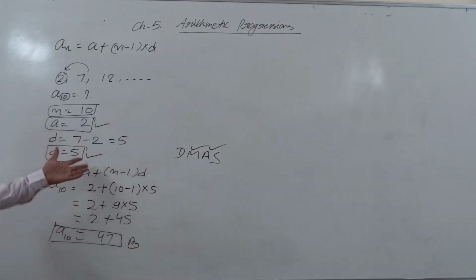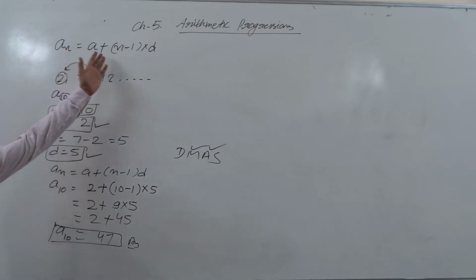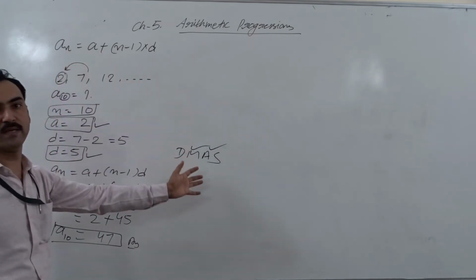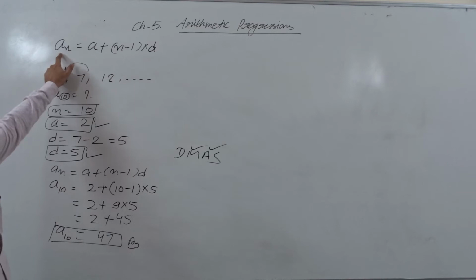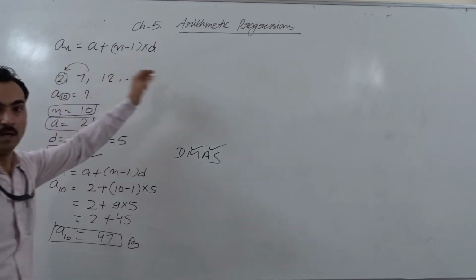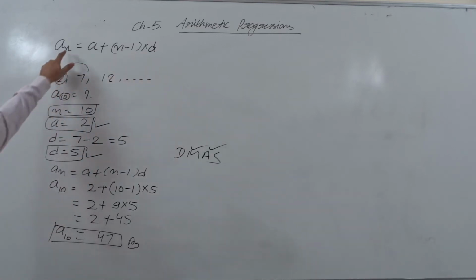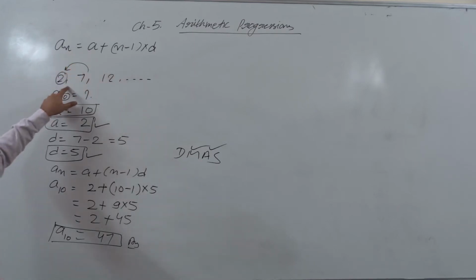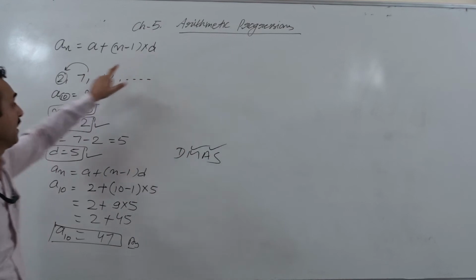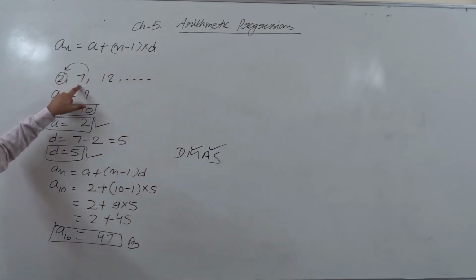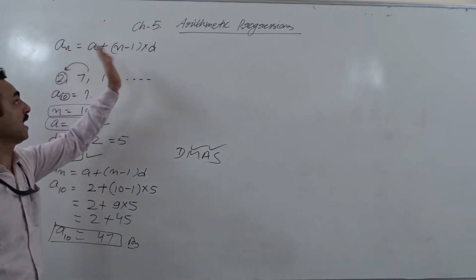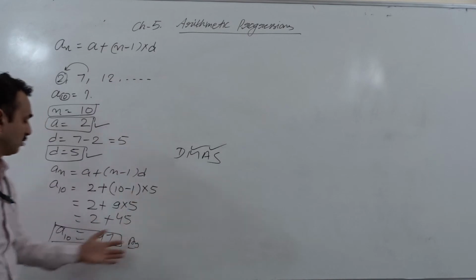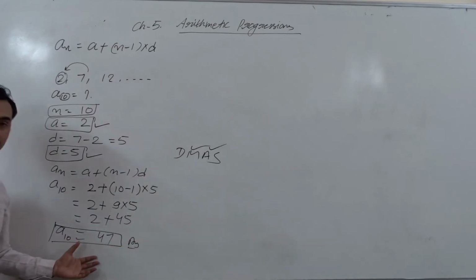Very simple. We just have to remember the formula, how this formula was formed, which we have explained and understood. So An equals A plus (n minus 1) into D. You have to concentrate on what n is here and what A is here. A you will get from the AP. What is D here? D you have to find: next term minus previous term. Just by putting the values of A and D in the formula, you get the desired term.